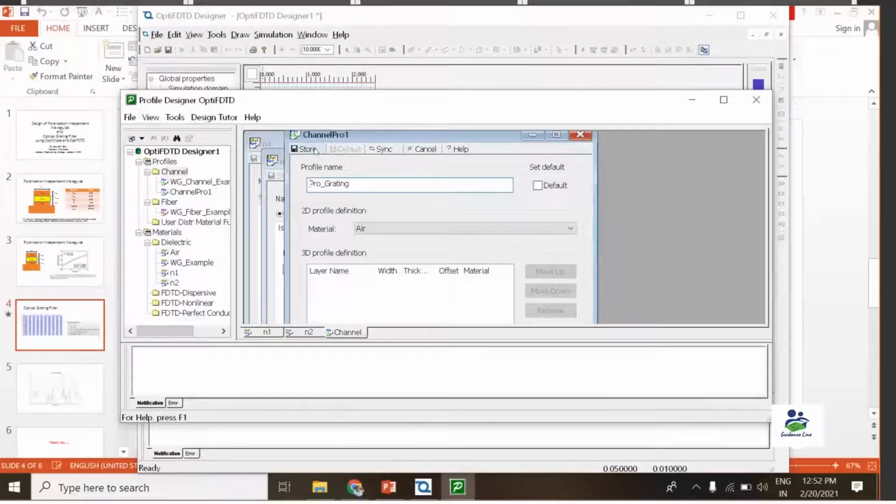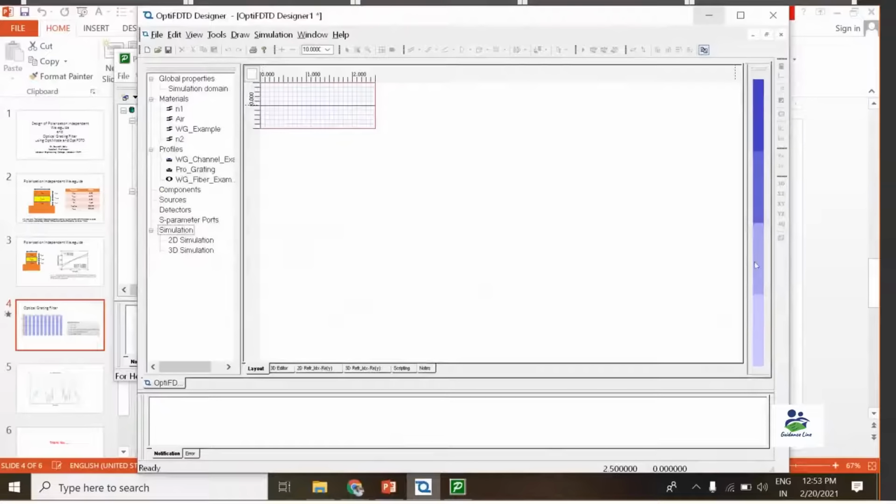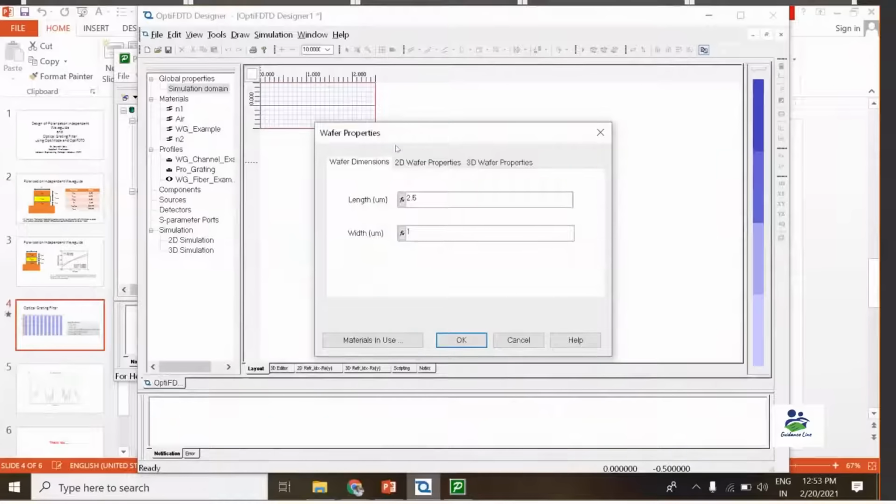In the grating profile I am simply selecting the material as N2. Now this is a 2D simulation, so we are not defining anything over here. Simply I have created a name, provided a material over here, and clicked on store. Next, in the designer, I double click on the simulation domain, so the wafer properties will pop out.